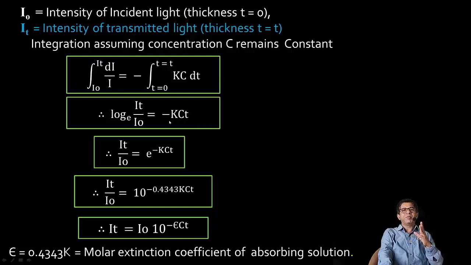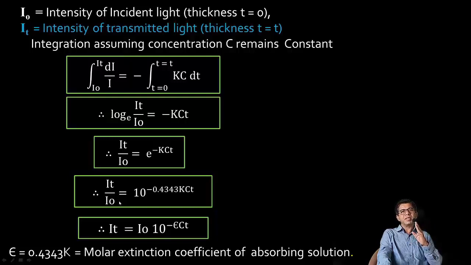The integration of dt is t, hence the right side becomes minus kct. Therefore, by taking antilog on both sides, the equation becomes IT by I0 is equal to e raised to minus kct. By changing the log base e to 10, we get the equation IT by I0 is equal to 10 raised to minus